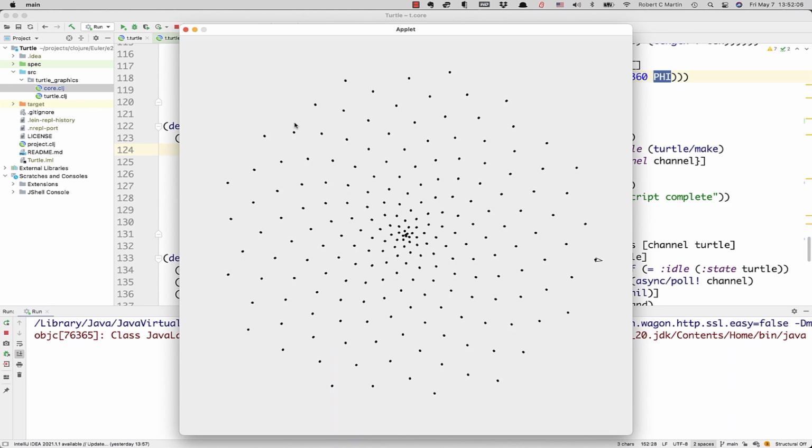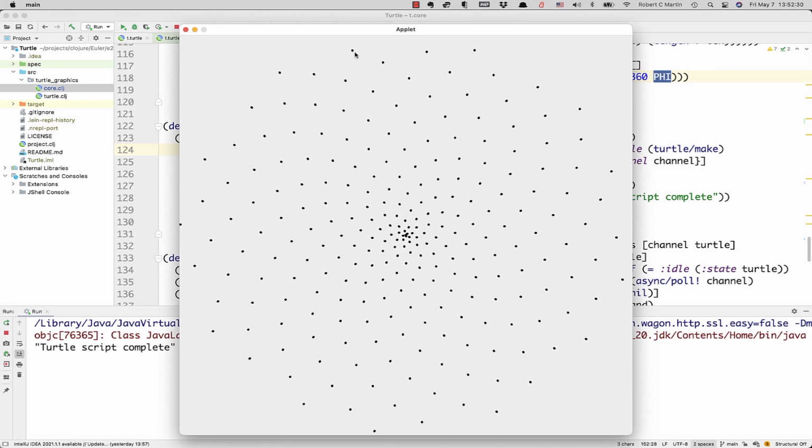All right, let's do a little bit of counting here. How many of these counterclockwise spirals are there? It's going to be difficult to count them, but we'll start here. 1, 2, 3, 4, 5, 6, 7, 8, 9, 10, 11, 12, 13, 14, 15, 16, 17, 18, 19, 20, 21. 21. There's 21